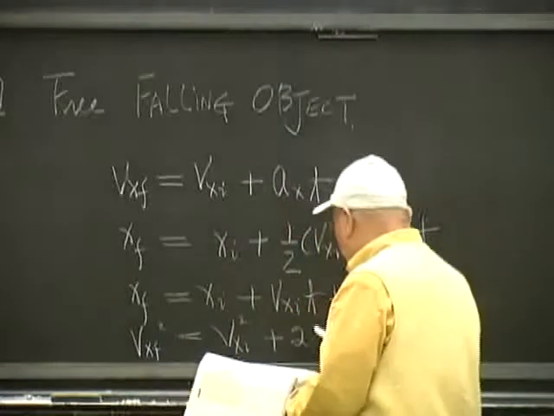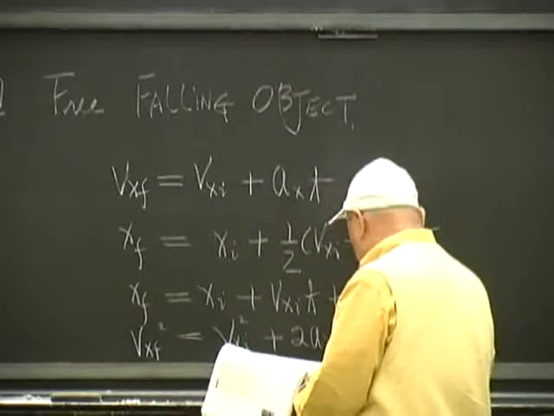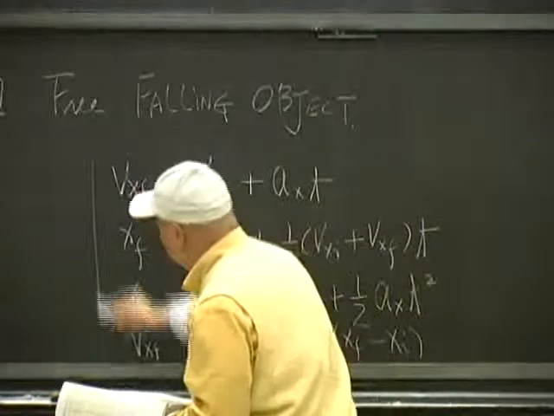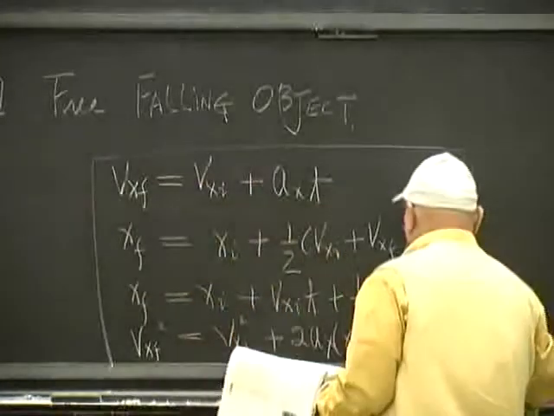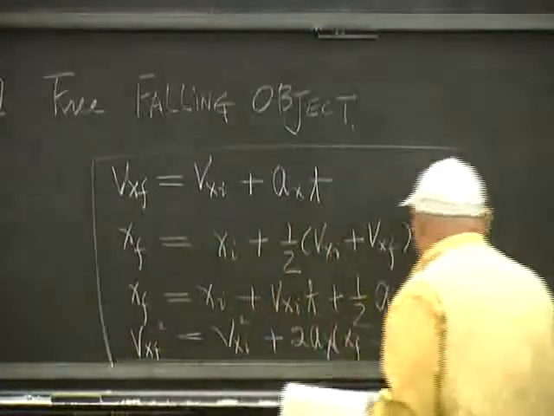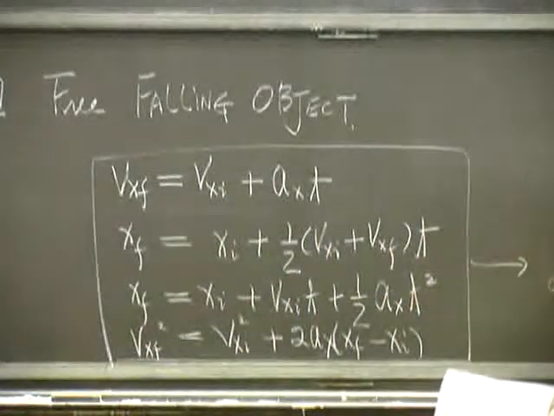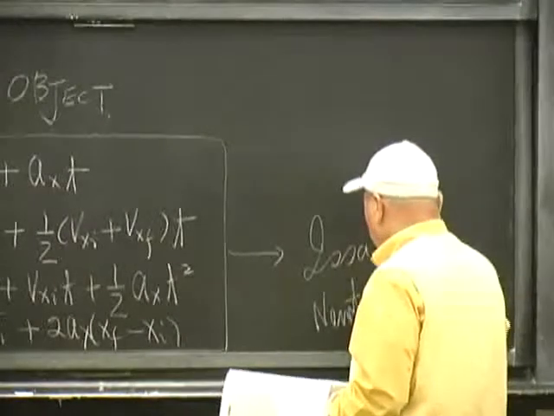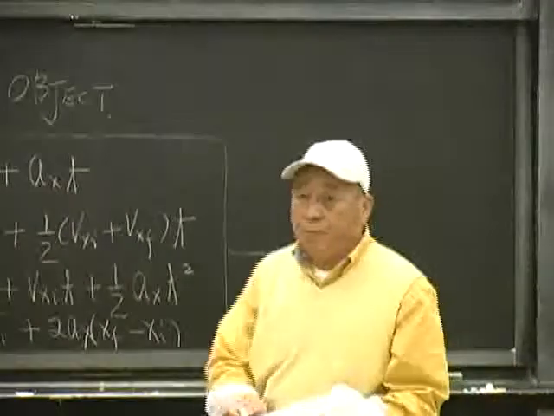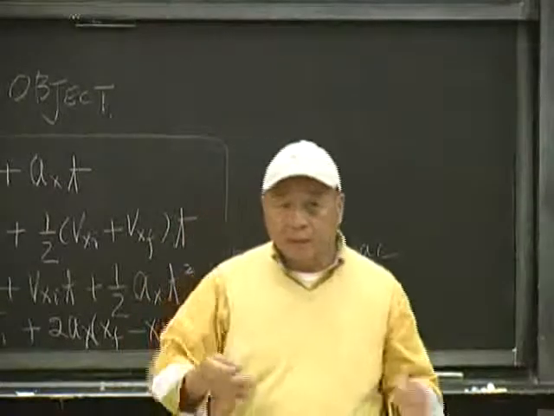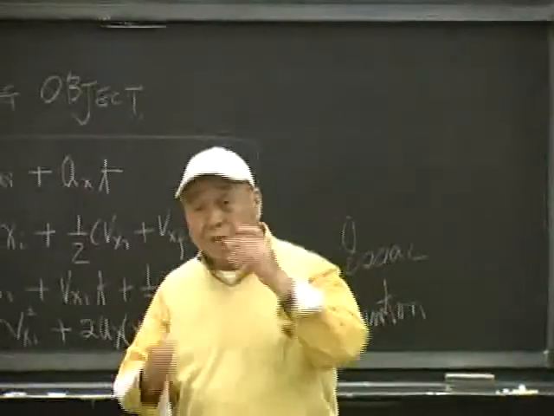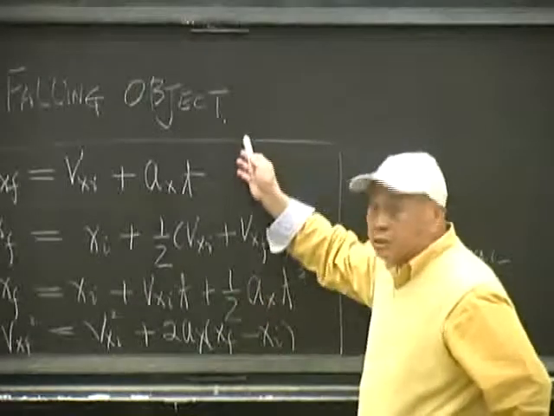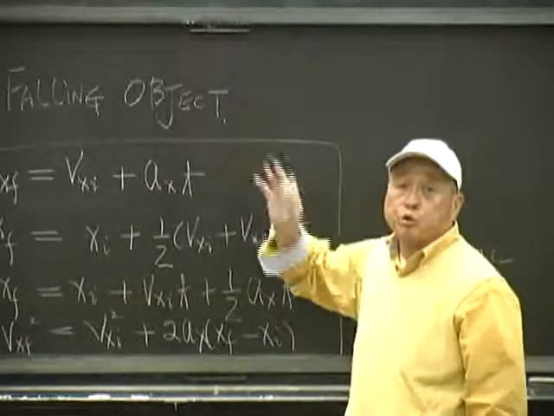plus 2 a sub x (x sub f minus x sub i). So ladies and gentlemen, these are the four equations developed by what we call Isaac Newton. Isaac Newton gathered all the work Galileo had done, and with the simple assumption of constant acceleration,